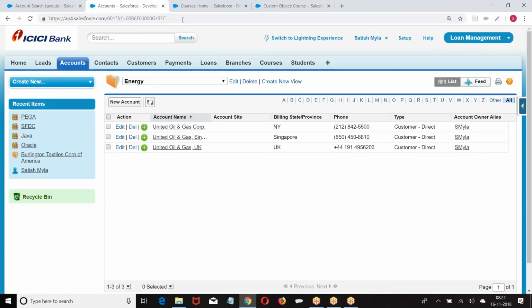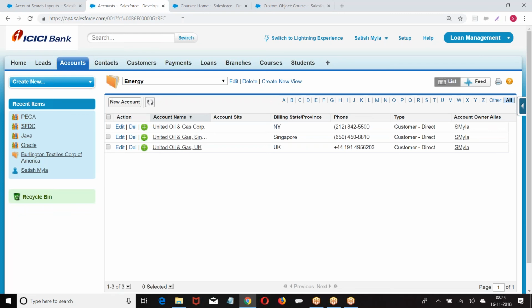Are you clear? So in the search layout, what are you able to find? When you search for any keyword, if that is found in the account table, which fields of the account record should be displayed? When you click on that tab, which fields should be displayed? When you are using this on the mobile phone, which fields should be displayed? When you are using this as a master detail or a lookup, which fields should be displayed? Or else next, in the list view page, what fields should be displayed? This is controlled with search layout.